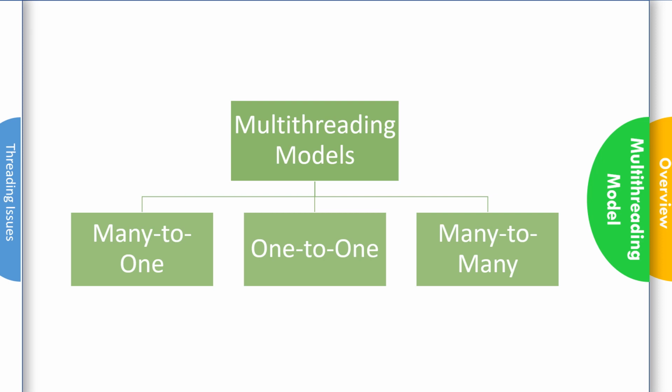Next, we will be studying the multi-threading models. There are three types of multi-threading models. What are these multi-threading models? Multi-threading models means the relation between the user thread and the kernel thread. The user thread and kernel thread relation can be many to one, one to one, and many to many. Let's understand